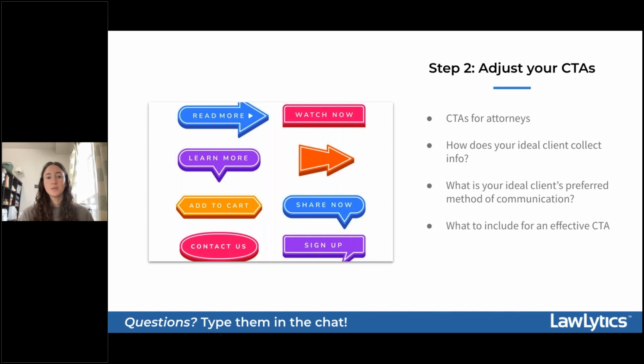And three, you need to be intentional with design when it comes to your CTAs. This is going to include color theory, the size of your buttons, the font you choose, things like that, the branding of the call to action, and the placement and formatting throughout your website. All things to consider.